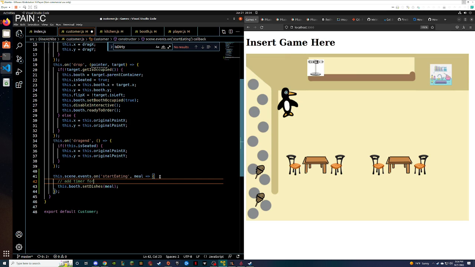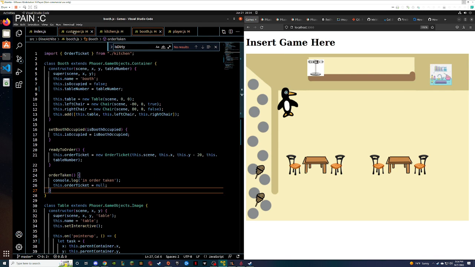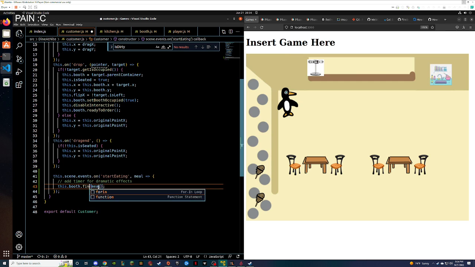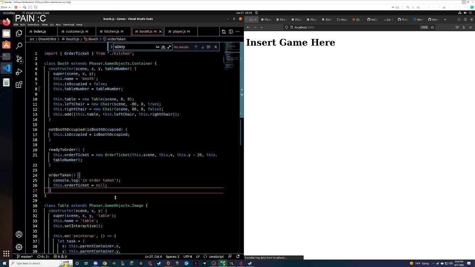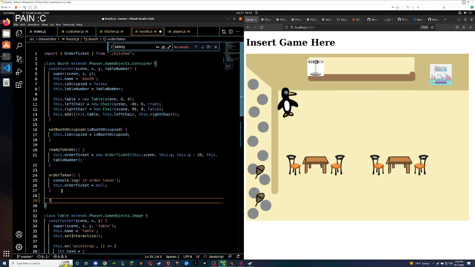Add timer for dramatic effects. Then we're gonna call this dot booth dot dirty dishes. We're gonna pass it the meal. Oh, no. We're gonna call it finished eating. Finished. Oh, I love that so much better. Finished eating. We have finished eating.